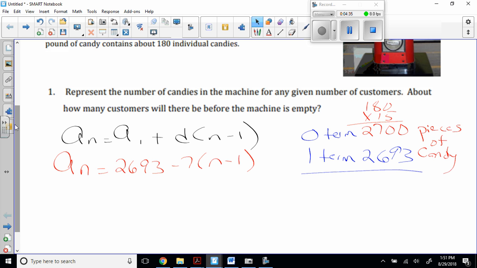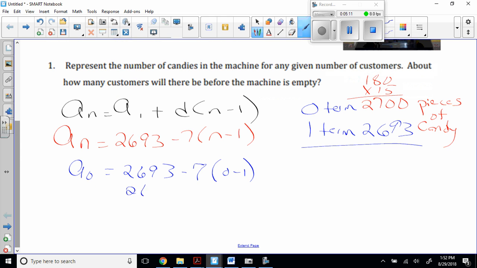Okay. Hey, you want to prove that this is correct? Yes, we know we want to prove things in math. Let's, for grins and giggles, just kind of nerd out. You ready? In the beginning, A sub 0, right? Now, that would be 2693. That gives you -7 times -1, which is 2693 plus 7, which is